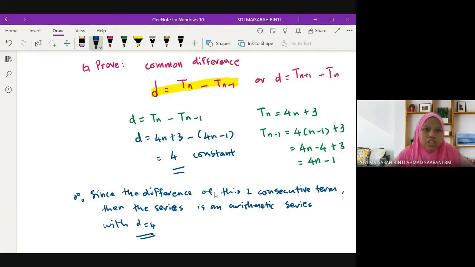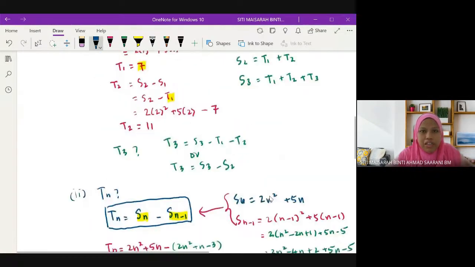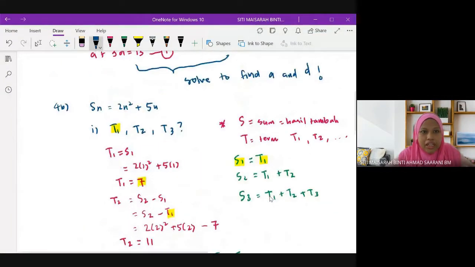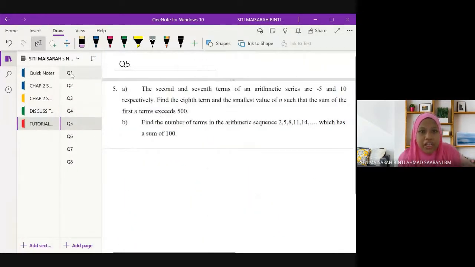Alright, this is question for B. For B ni dia ada banyak benda yang dia tanya lah. Daripada satu hingga dua lah, ada dua soalan. Okay, then we move kepada question 5. Okay, question 5